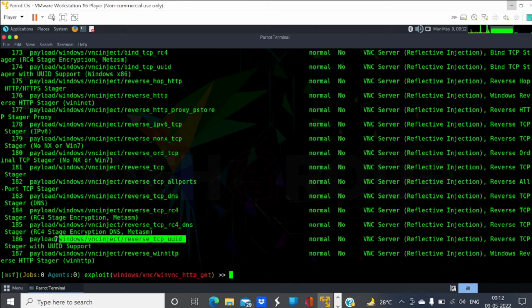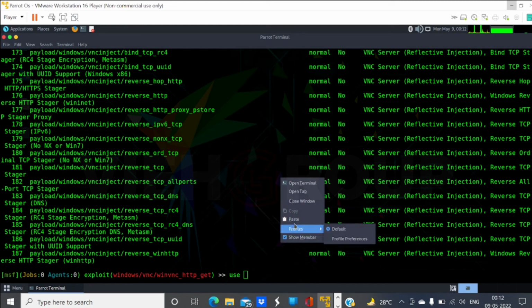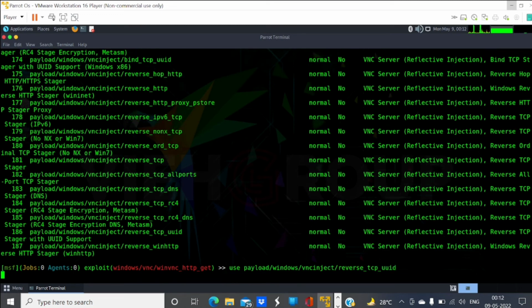I can use this one, reverse TCP. I can simply copy it and paste it, use, paste it on that. Okay, here you can see the